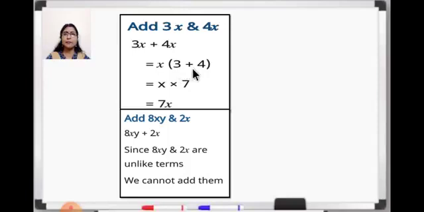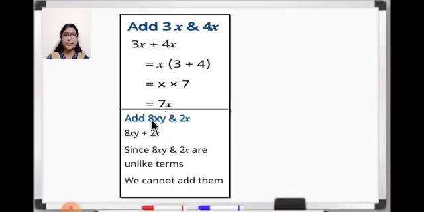We'll write 3 plus 4, and 3 plus 4 is 7. So x into 7, the bracket means multiplied, so we can remove the bracket. X into 7 is 7x. So this is the way you have to add